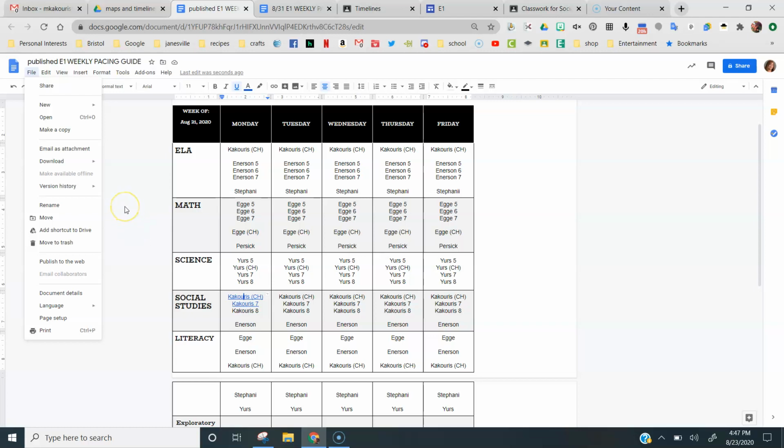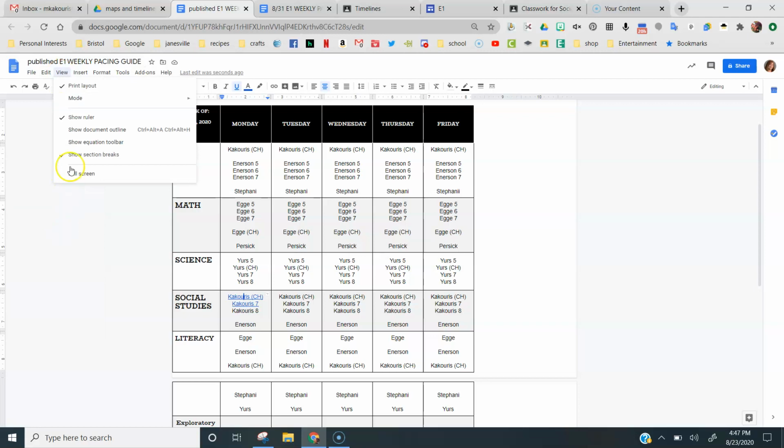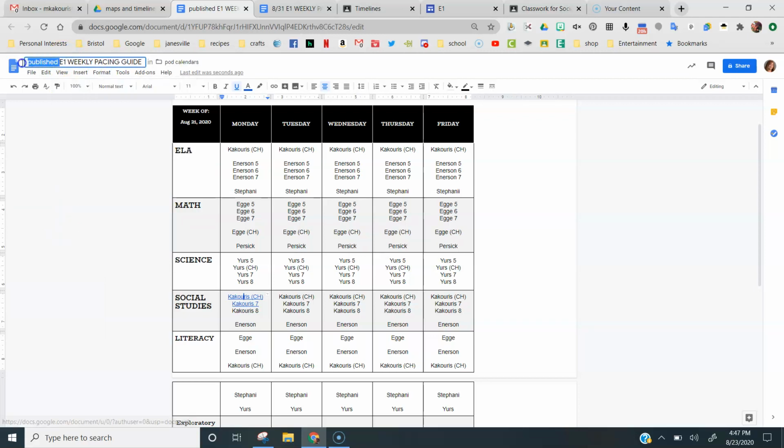So we're going to have to decide as each team how you're going to do this. So if this is the one that's currently published and I need to leave it that way, I might change the name. So I'm going to rename this to quarter 1 week 1, and then I know this is the one that I'm going to need to put